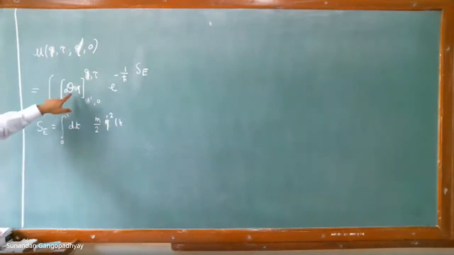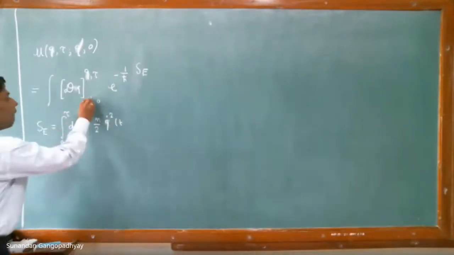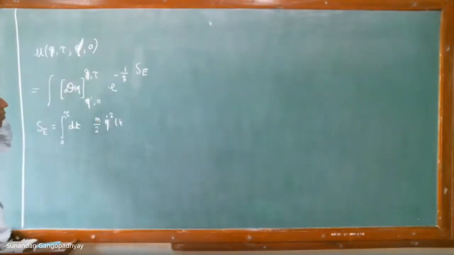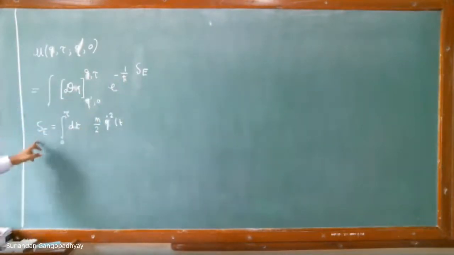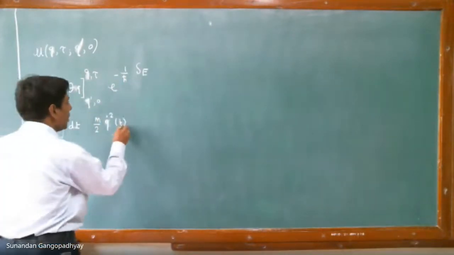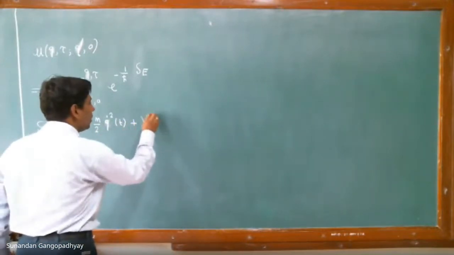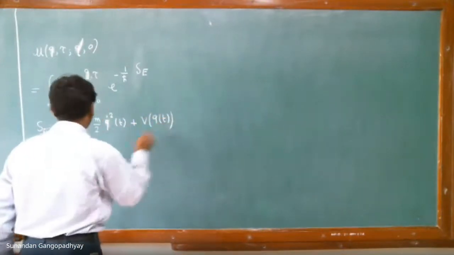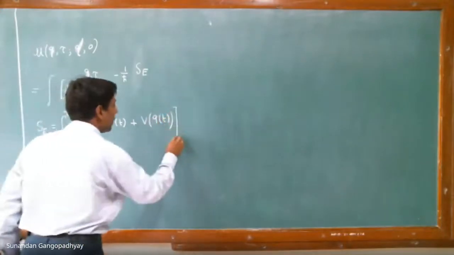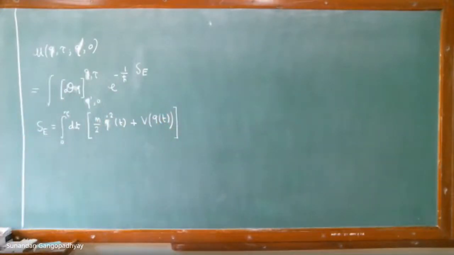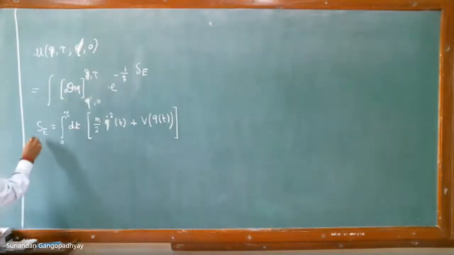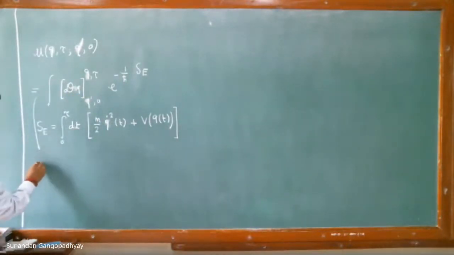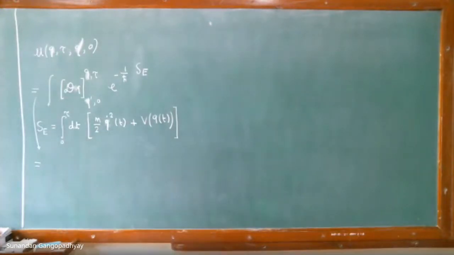Therefore, that is a path integral for dq from q prime 0 to q tau, e to the power of minus 1 by h bar S_E, where S_E is the Euclidean action, and that is given by m by 2 q dot square t plus V of q. So this is the Euclidean action. This we have seen in the last lecture, and the real meaning of this path integral is the following, that you can actually write this down as, if you remember correctly,